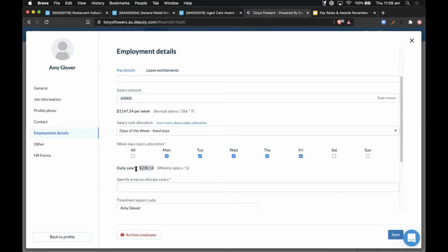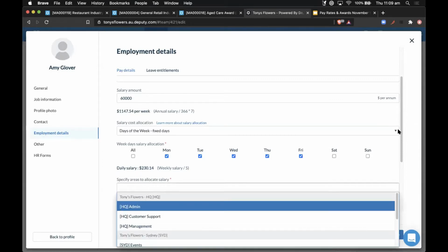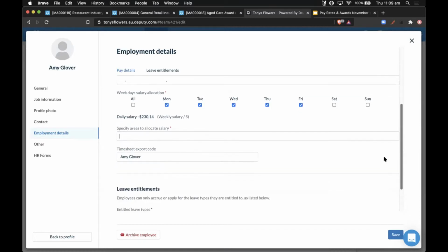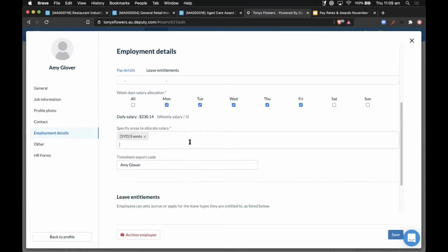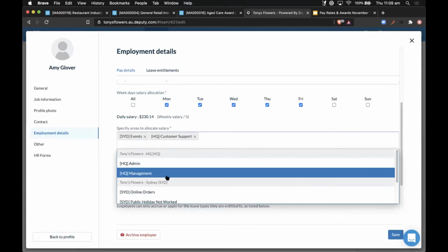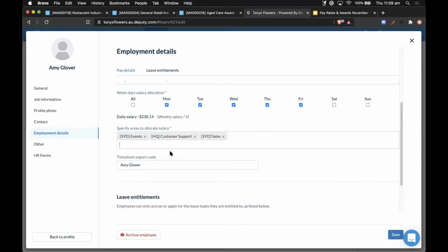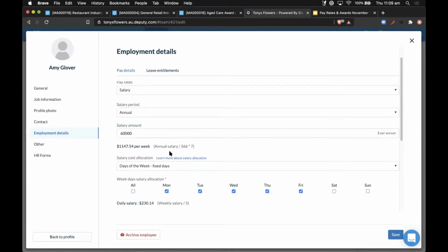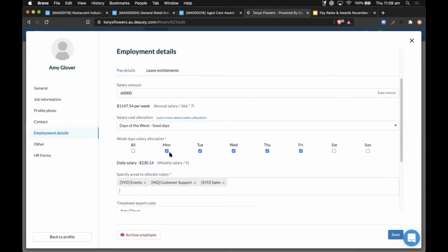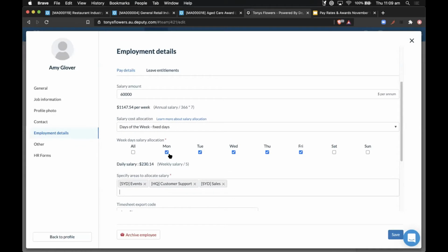So it actually quite helps with allocating salary to budgets and things like that, and reporting as well. And then another thing that you can do is you can select the areas that it's elected for as well, and you can do multiple areas. So this means that the salary that you're allocating to this person is calculating the right figures when it comes to reporting and the schedule quick tips like budgeting breakdowns and stuff like that.